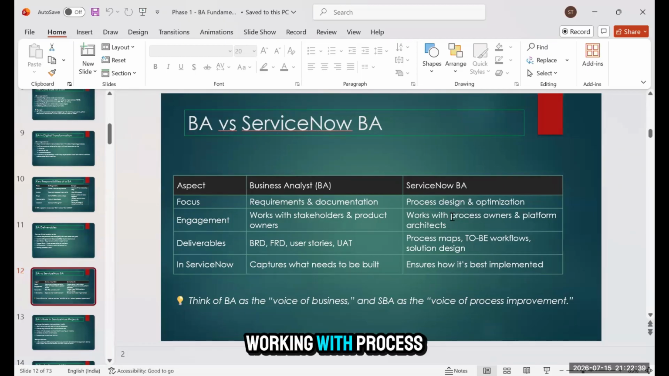You will be working with process owners because we are creating workflows here. We are creating steps, how to perform those steps in a particular workflow. You will be working with architects. Certainly, there will be product owners, but understand, when I talk about a ServiceNow BA, you have this skill plus the ServiceNow-related part. So there will be deliverables like in a regular BA role,